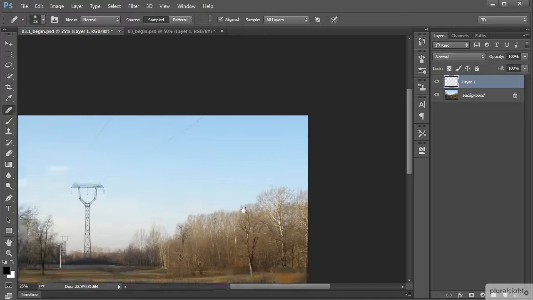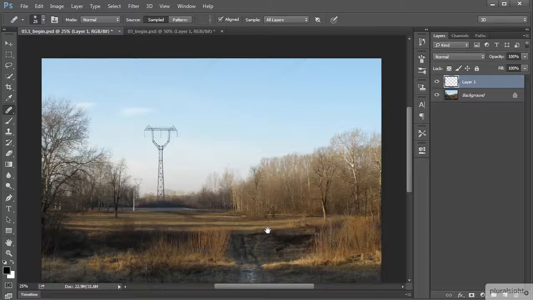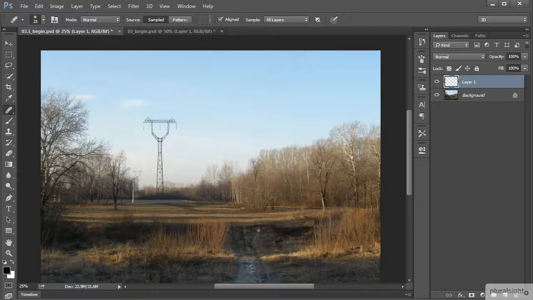All right. So my challenge to you is, go ahead and try that out in between lessons. Go ahead and try and remove those little power lines right there. We'll revisit this image later on using another form of healing, okay? And then finally, just like we had with the spot healing brush, you also have access to some blend modes. It really kind of depends on the situation you're in, but kind of like what we demonstrated in the previous lesson, you can go ahead and kind of try out some of those and kind of see how those work